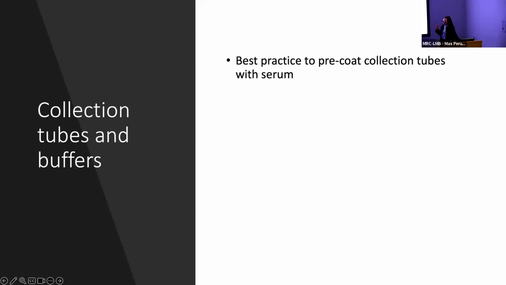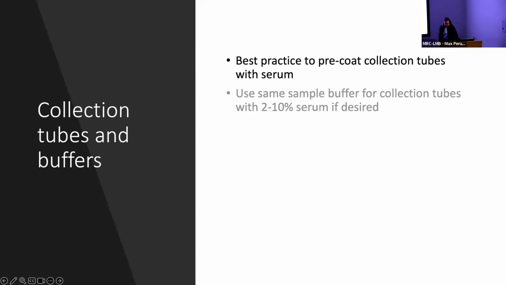Some people actually do this and pre-coat the collection tubes overnight by rotating them overnight. The second tip is to use the same sample buffer for the collection tubes with a little bit higher percentage of serum than you would in your sample prep. This also ensures that once the cell goes through the sorter, if you think about it, it's fairly violent. It's a bit shocking that we still are able to get viable cells at the end, but you're really increasing the chances that your cell will maintain its viability and it's landing in a nice, happy kind of